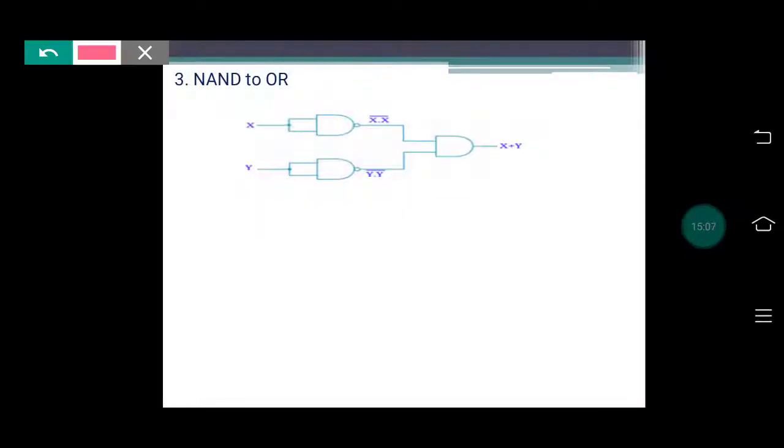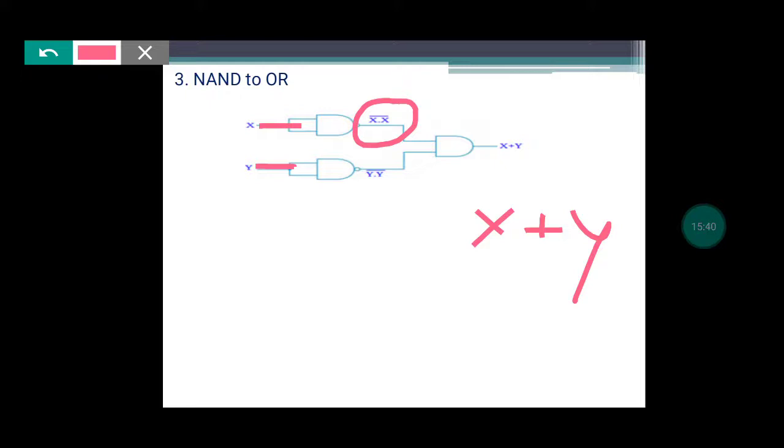Okay, next, deriving the OR gate using the NAND gate. Using the NAND gate we are going to derive the OR gate. See here, I want the output as x plus y, because x plus y is nothing but the OR operation. So I am simply taking x as an input for a NAND gate which is acting as a NOT gate. Similarly, y as an input to a NAND gate which is also acting as a NOT gate. After providing the input, since it is performing a NAND operation, the output will be x NAND x, and here the output will be y NAND y.